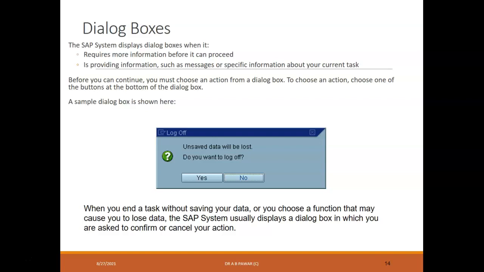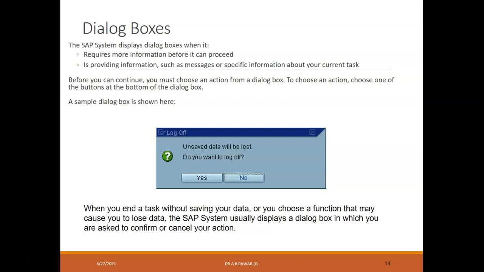Your SAP system displays a dialog box when it first requires more information before it can proceed or go to the next stage, or when it is providing information such as messages or specific information about your current task. So it gives an alert, or it prompts us when it is moving to the next task, or when it wants to get a confirmation from the developer or consultant, then it prompts this dialog box.